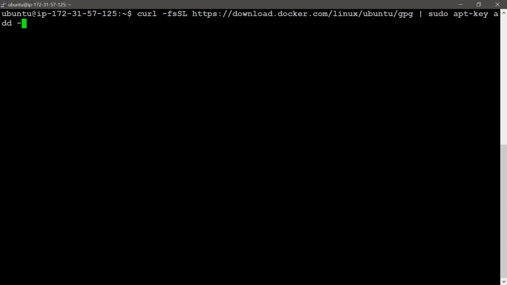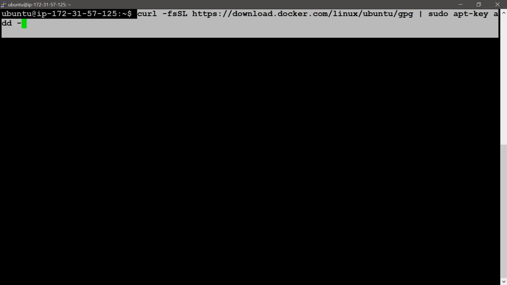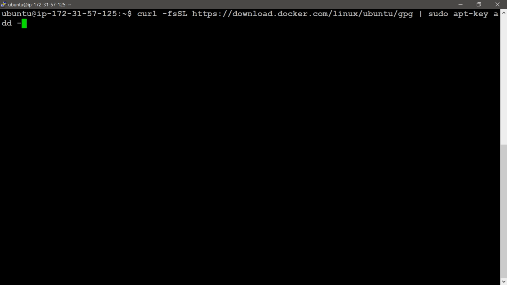You can take these commands from there. Here curl is using https download.docker.com linux ubuntu gpg, piped to sudo apt-key add. We can't explain this command in detail; it is available on the Docker installation page. Then I am going to press Enter. The Docker GPG key is added to our local apt repository.